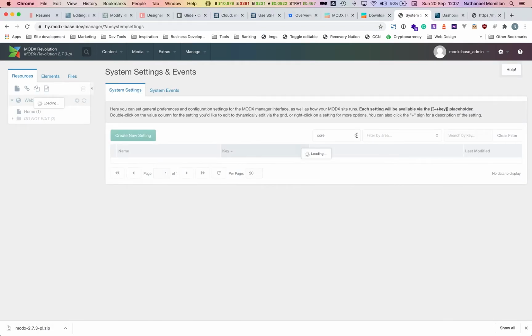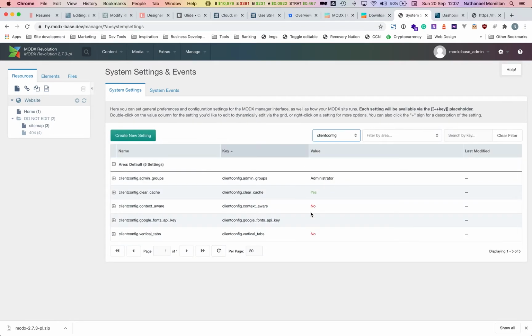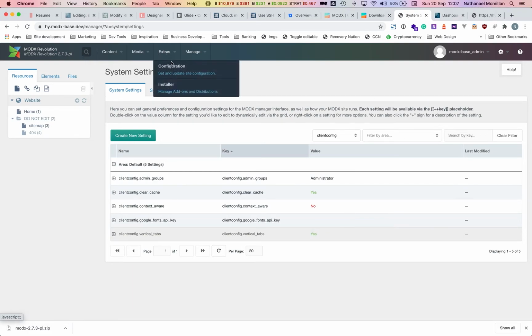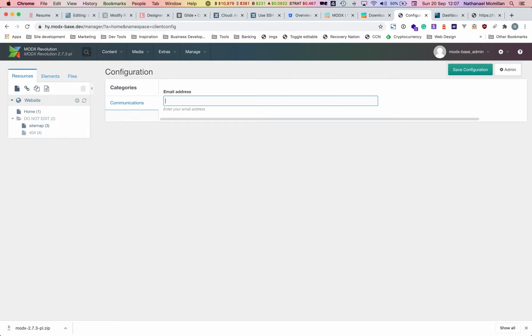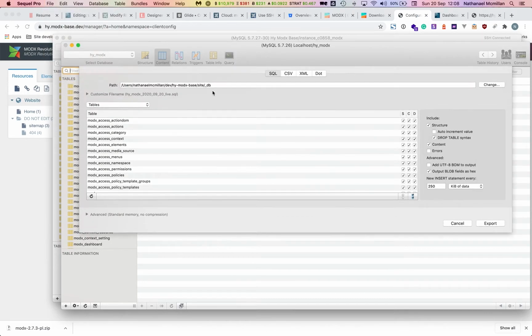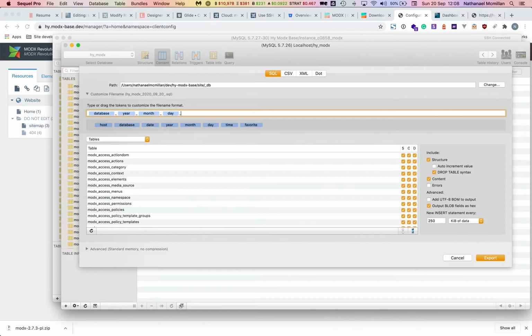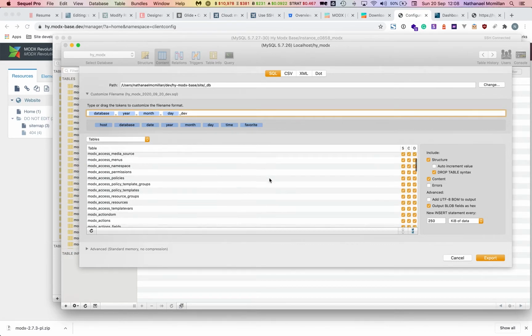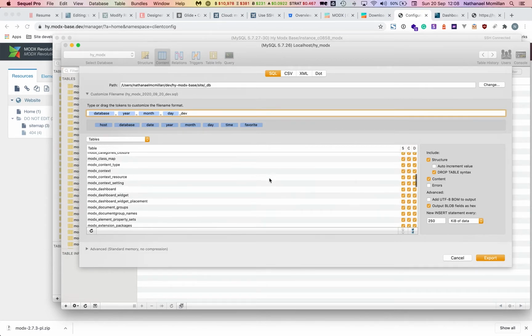One last thing before I go is I'm going to update the client config just to move the tabs on the side. Just looks a bit better running down the side. Okay, great. So now we're going to open up SQL Pro. We're going to file, export our localhost. I'm going to rename this one as dev because obviously it's on the dev side. From now on, anytime MODX Client Config is installed,